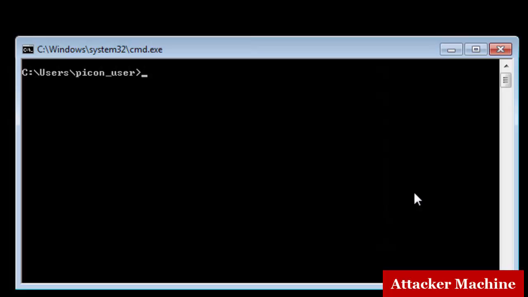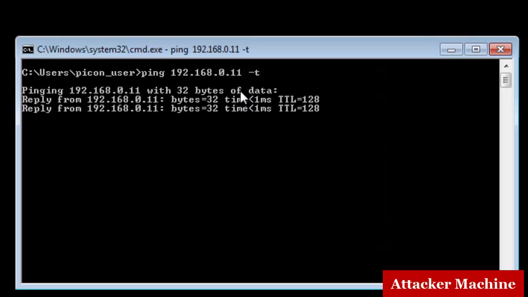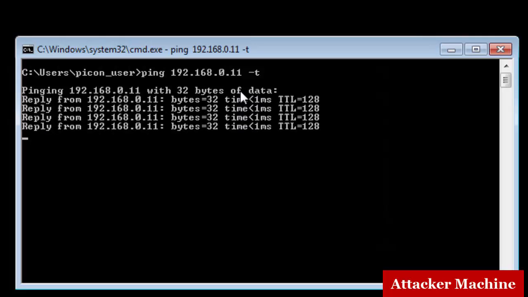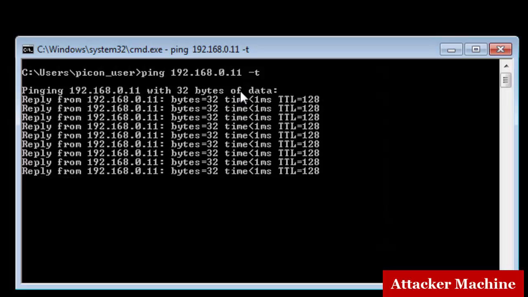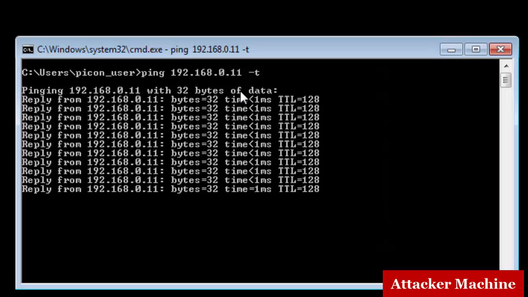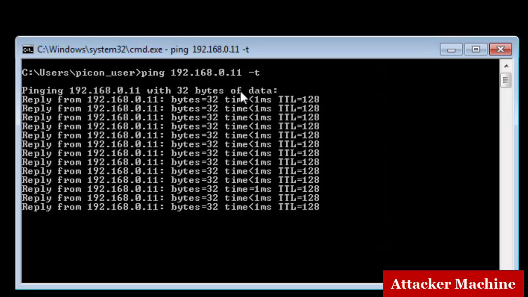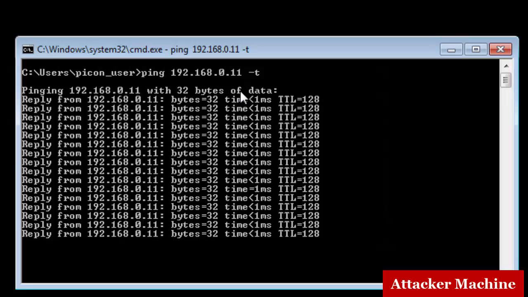The attacker would now like to know that they can access the file server directly by IP. The first thing they want to do is to see if they can actually ping the file server by its IP address. They already have this information from the previous step, so they will proceed with typing ping 192.168, adding a -T for continuous ping. At this point, the attacker has what he needs. He can access the information, or he can visibly see the file server by computer name. He can also visibly see the file server by IP address, which will be helpful as he attempts to gain